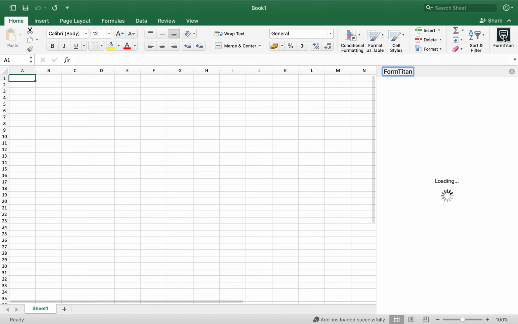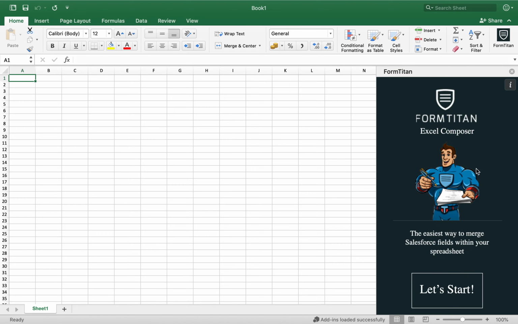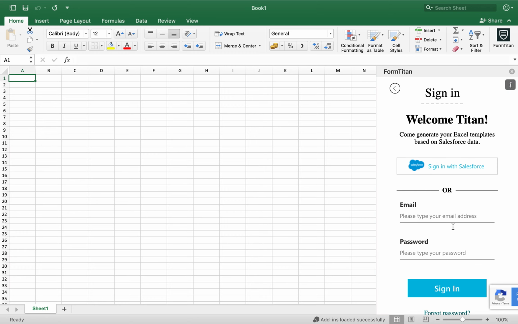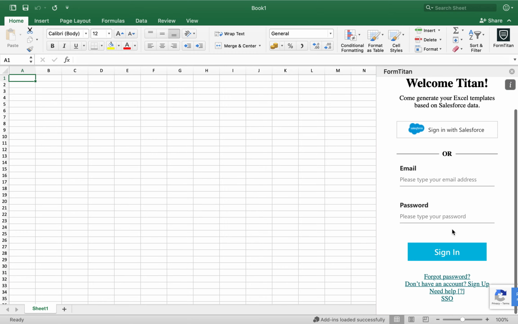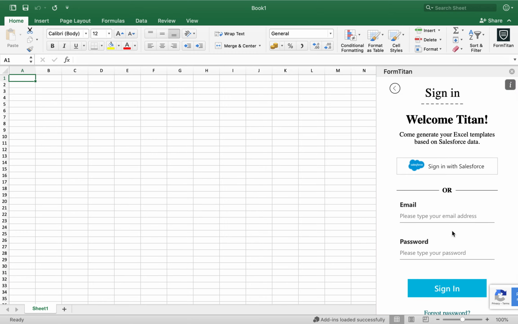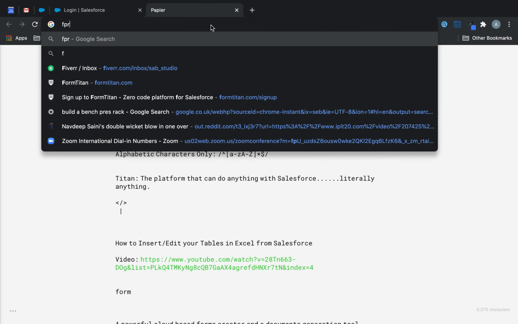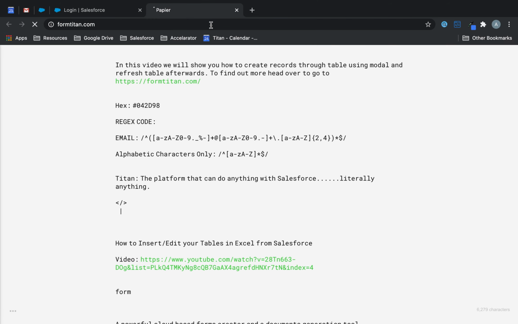When you click on it, this is the login screen that will come up. Now there are a few ways of logging in, but it all depends on how you log into your formtitan.com login. So just to recap here, if you go to formtitan.com,